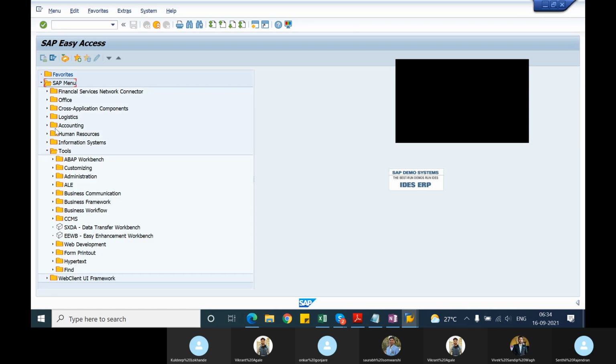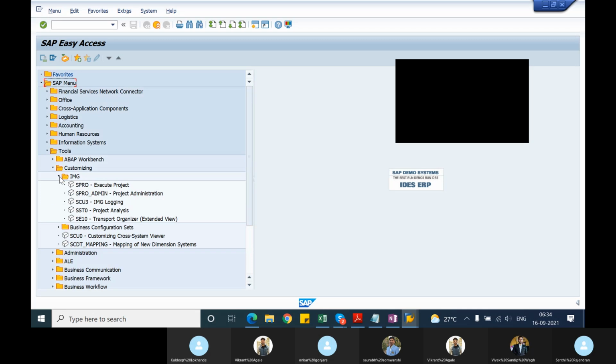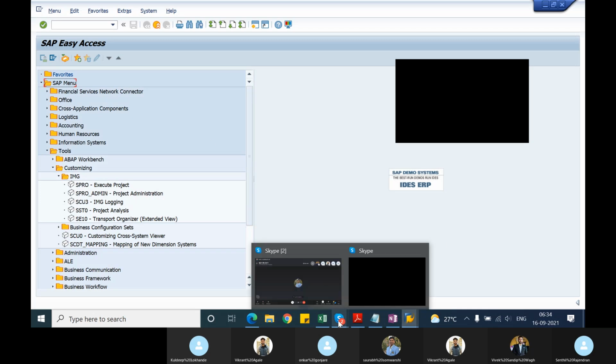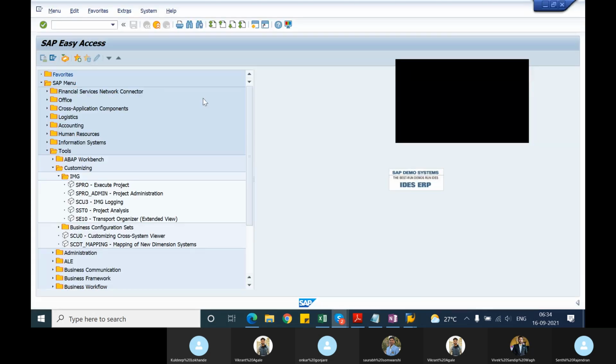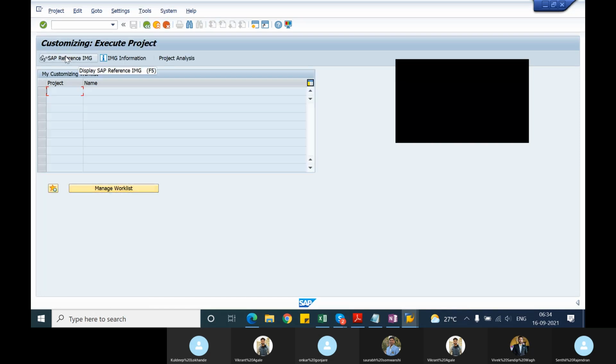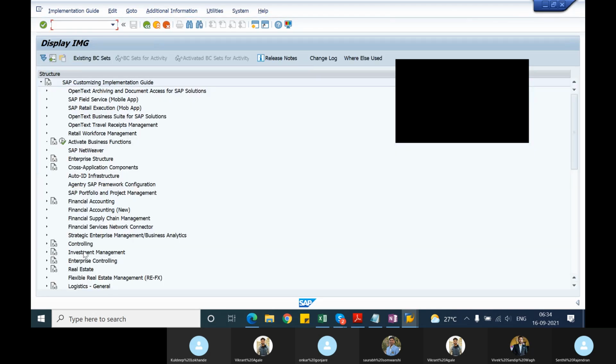You can go to tools, customizing, IMG, SPRO, SAP reference IMG. So now here you can go to